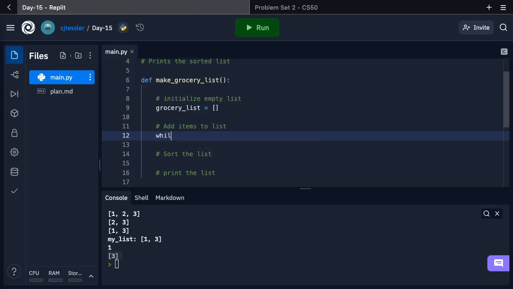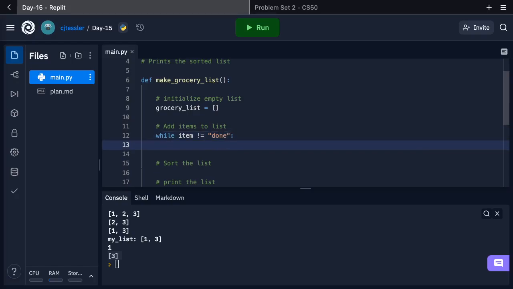But anyway, we don't know how many items there are going to be. So I'm going to go ahead and use a while loop. While the item is not equal to done, I'm going to go ahead and add the item to the list. But you can see right here, with a while loop, you need to make sure that it has that declared before you get into the actual loop. The for loop is going to declare a variable that you iterate through. But again, we need to make sure that